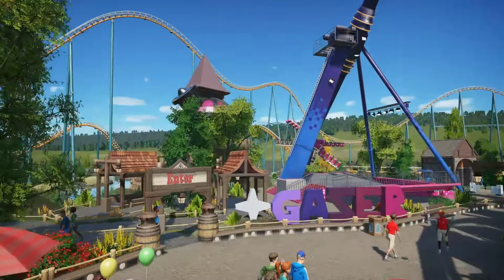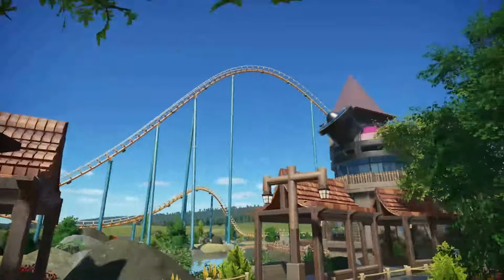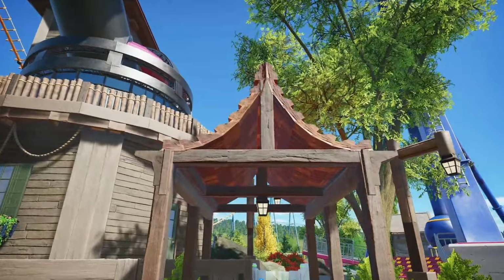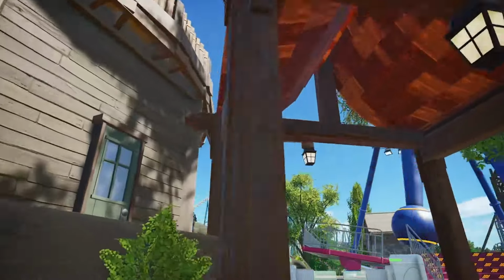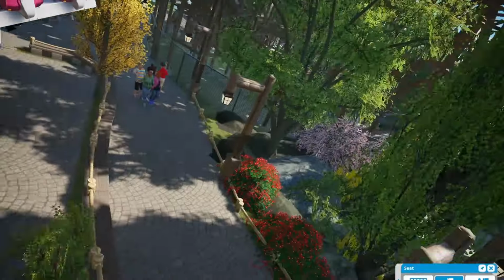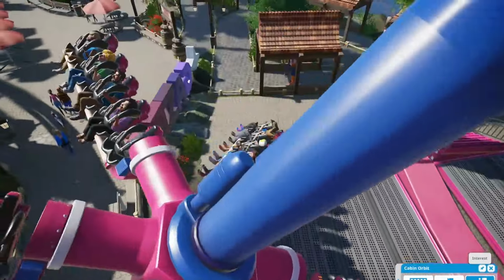Anyway, I think what we're going to do is quickly jump over here and go on the geyser right here, as it provides some good views of the park, and it also has this observatory right here. It has some backstory that goes along with the rest of the park, so let's just quickly get on here. Oh, sorry if that causes some lag, guys. I'm sorry. Alright, we're going to go...